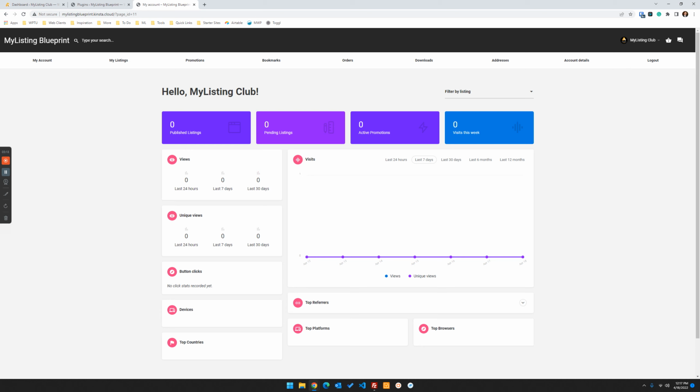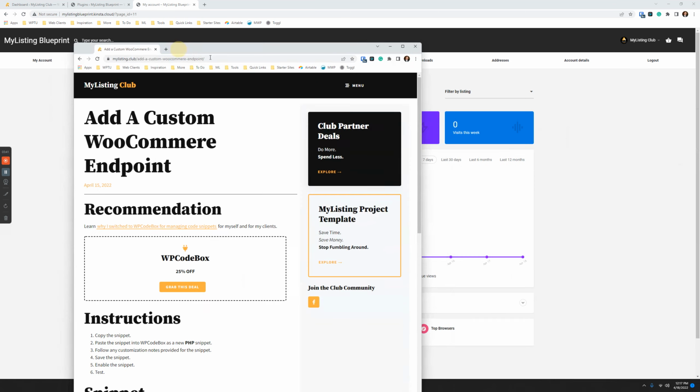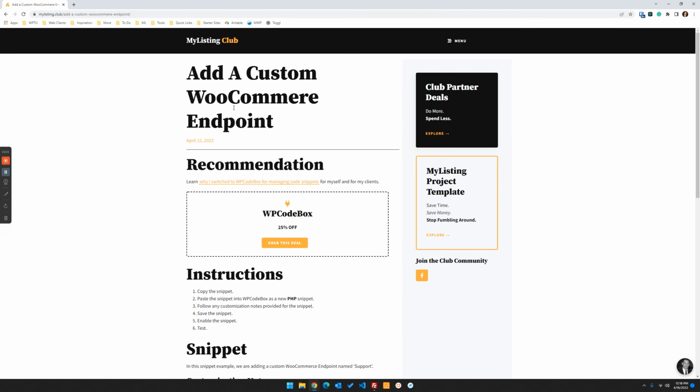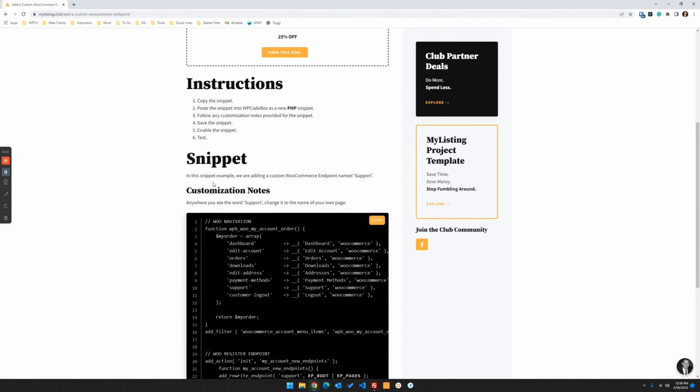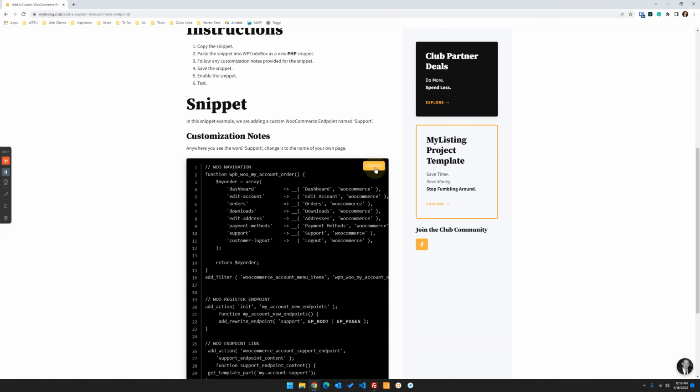All right, so the very first thing you want to do is add the endpoint. To do that, there's going to be a link in the guide, and it's going to give you a link to a code snippet. You can also get that code snippet free of charge. That's available to everybody, the public. But I'm going to go out and grab that. It's called the add a custom WooCommerce endpoint code snippet here. So we're just going to grab that code snippet,